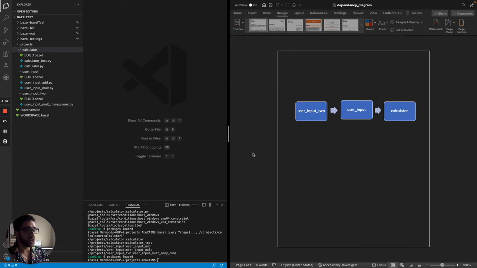Hey everyone, today I'll be showing you how to use the Bazel query language to see the reverse dependencies and dependencies of certain targets in your Bazel projects. And this is a really useful tool, especially in large projects, because at times you find yourself making modifications to certain code that has parents or children that these modifications can actually affect and cause production issues